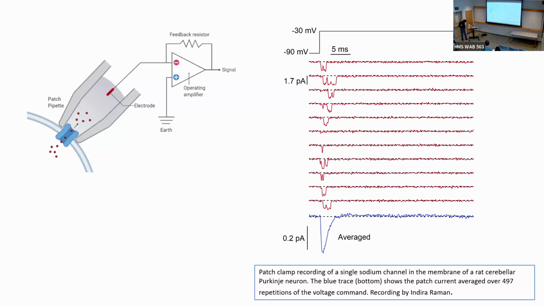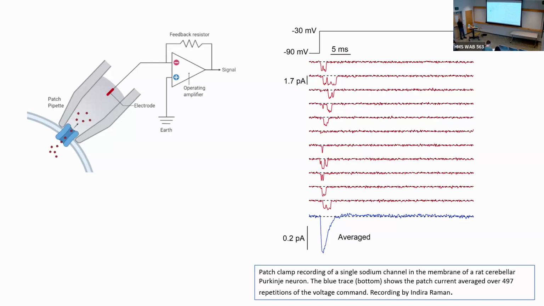You fire polish it so it's nice and smooth. And what they discovered after a lot of trial and error was you put that onto a cell membrane, you put a little bit of suction on, and it makes an incredibly high resistance seal with a membrane. So high that it is almost equivalent to having covalent bonds between the glass and the membrane. Nobody's ever really quite understood what happens there. Right? You get this giga-ohm seal, this incredibly high resistance seal between the inside of the pipette and the extracellular